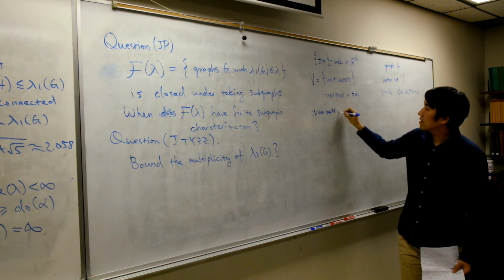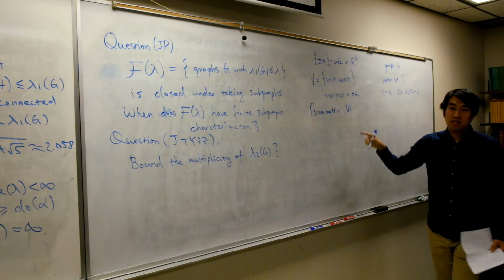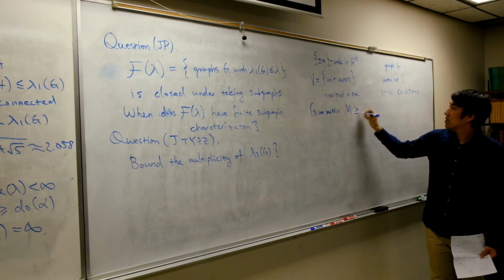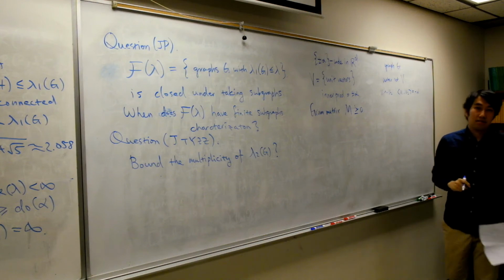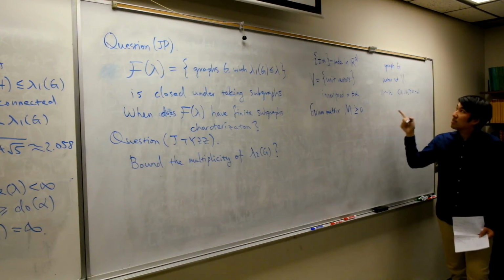Okay, if you've never seen it, don't worry. It's some matrix you can make out of the vectors. And we know that it's always PSD, positive semi-definite. And the corresponding